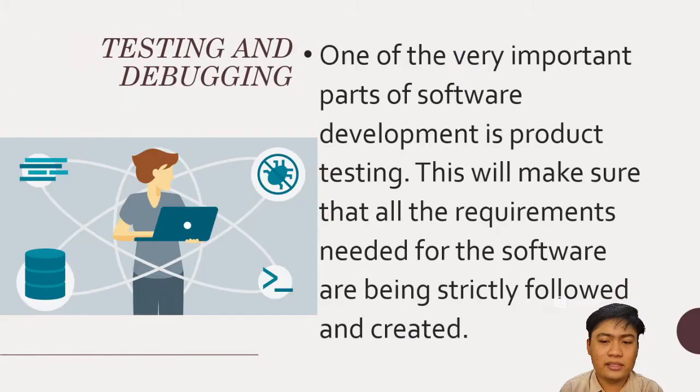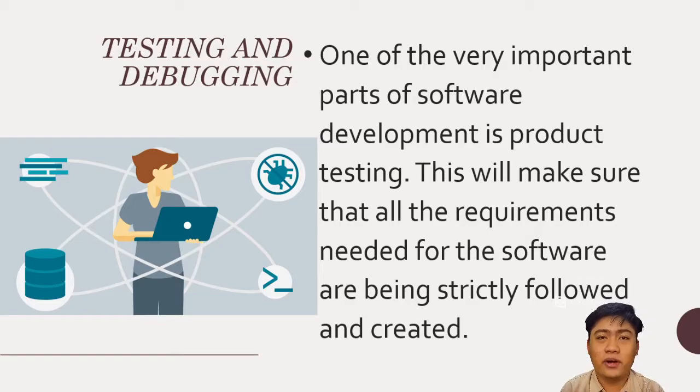Next one is the testing and debugging. One of the very important parts of software development is product testing. This will make sure that all the requirements needed for the software are being strictly followed and created. Product testing is done by the user of the software, who evaluates the software and adds comments and suggestions about